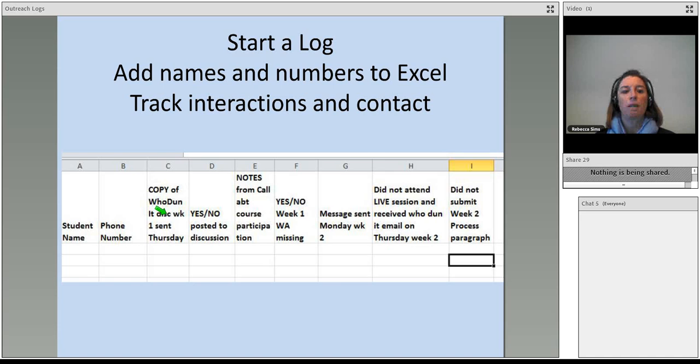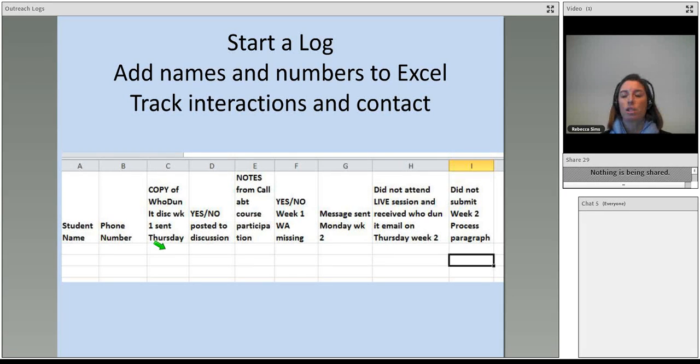So basically what I do is I pull the student rosters right at the beginning of a term and place them here into category A, and then I will gather student phone numbers through whatever resources are available to faculty at that time. And I also then start running my whodunit reports and keeping track of that information here in this log. And so, for example, once we get to week 1 Thursday morning, I will do a whodunit, and